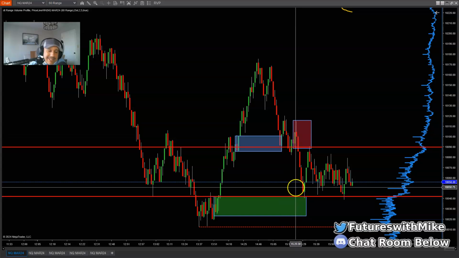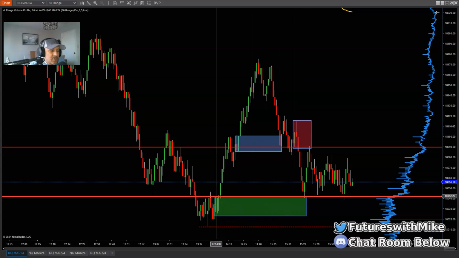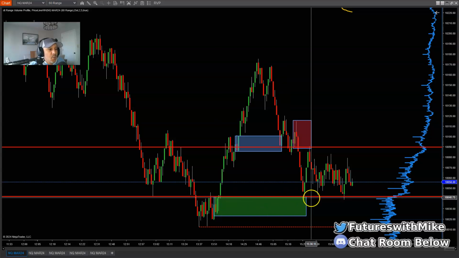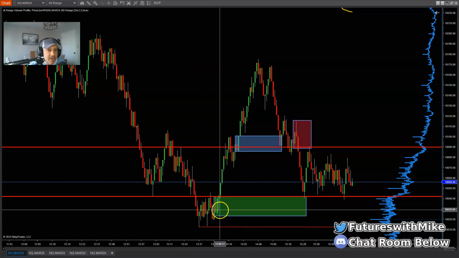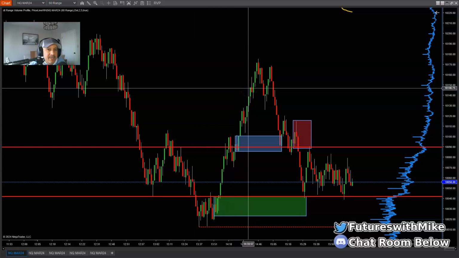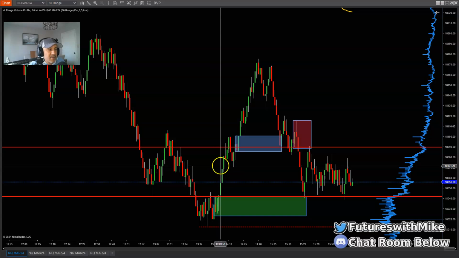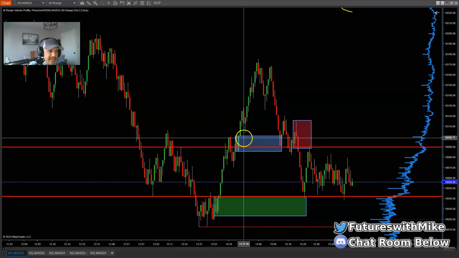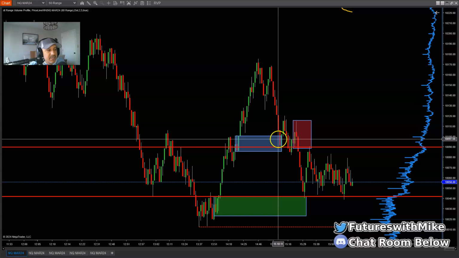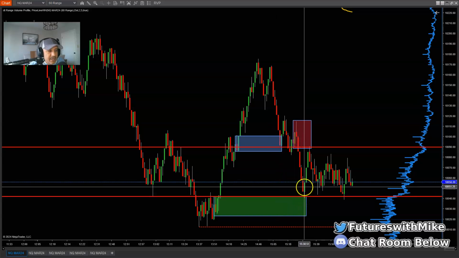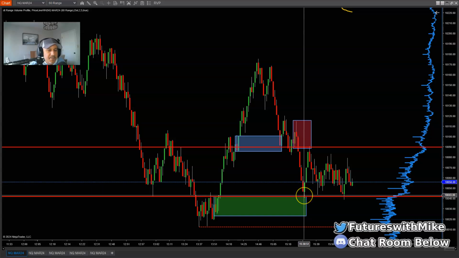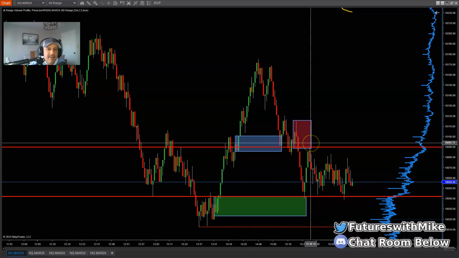Now, say for example, just take a look at this. When the market got down to this zone right here, I talk about this as well on the channel. What do you see take place right here versus right here? Well, for one, this was the origination point to where the move started to turn back to the upside, and the market started breaking structure back to the upside where we had demand here. Yes, we had demand here, but the market broke deeper into this zone. But if we look at what happened here, when it got down to this zone, it came down, a bullish candle flipped to the upside, wicking away from the zone the moment it tested it, and it pushed back up to the upside.